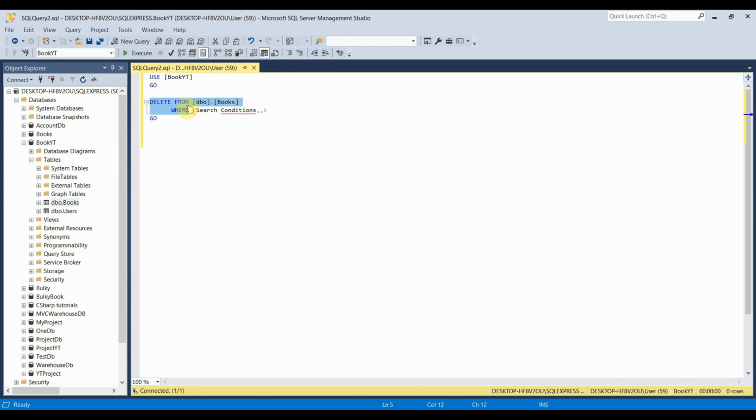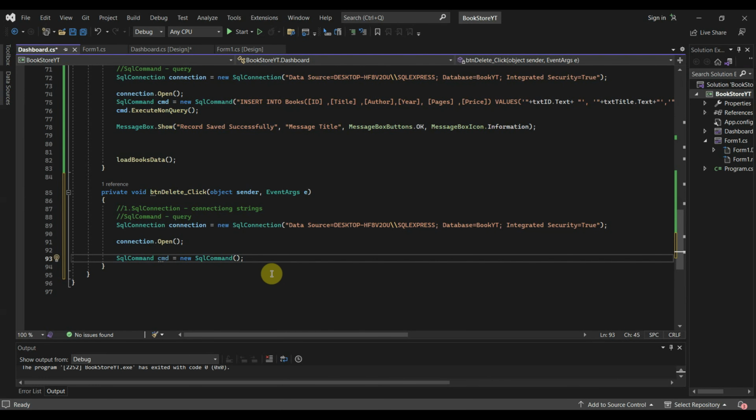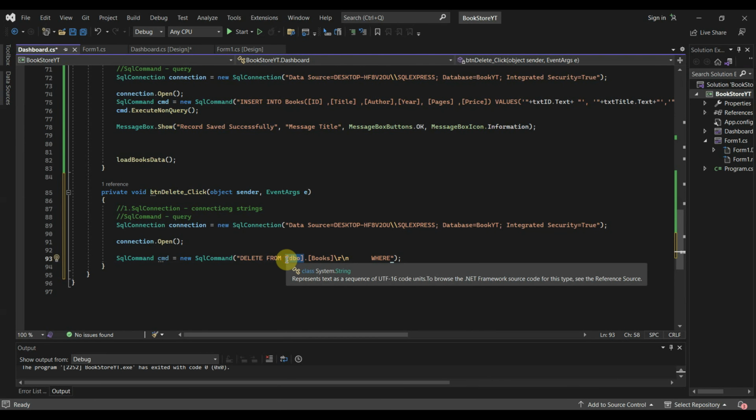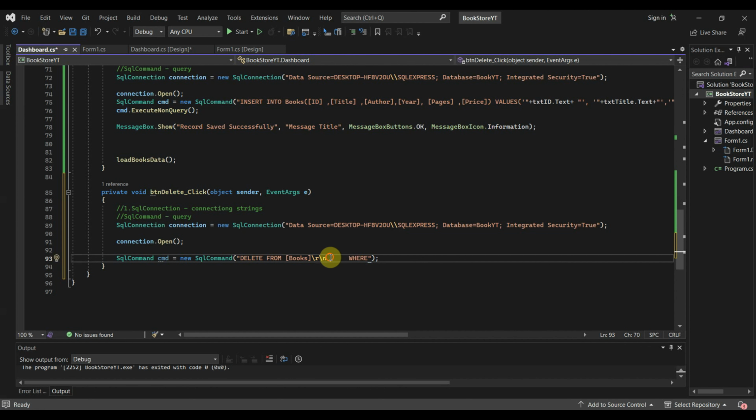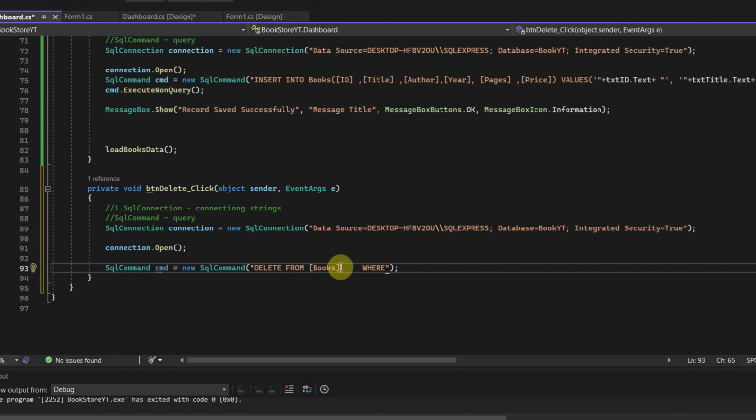Copy our text from delete from to where, double quotes, paste, just delete TBO. Delete from books where ID